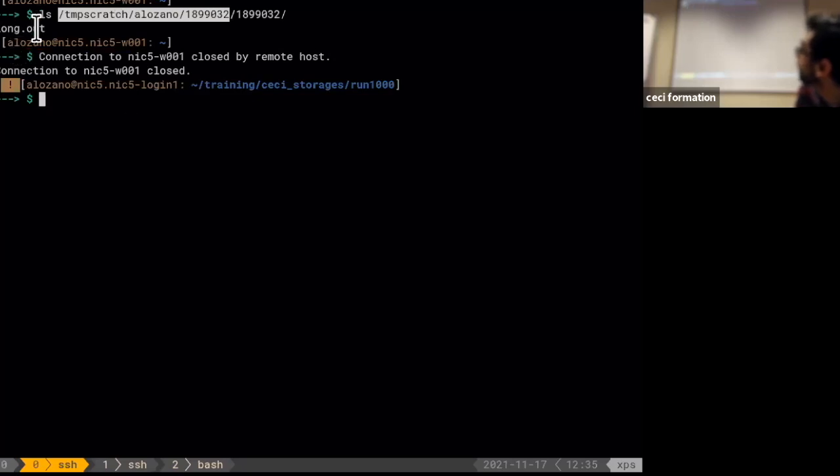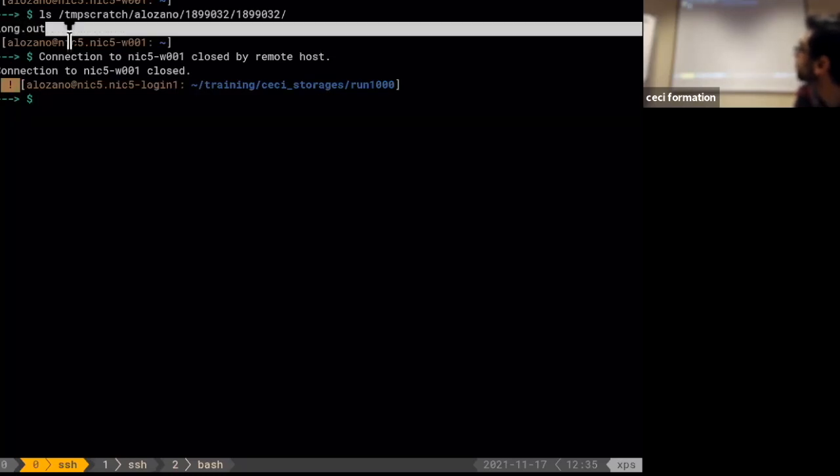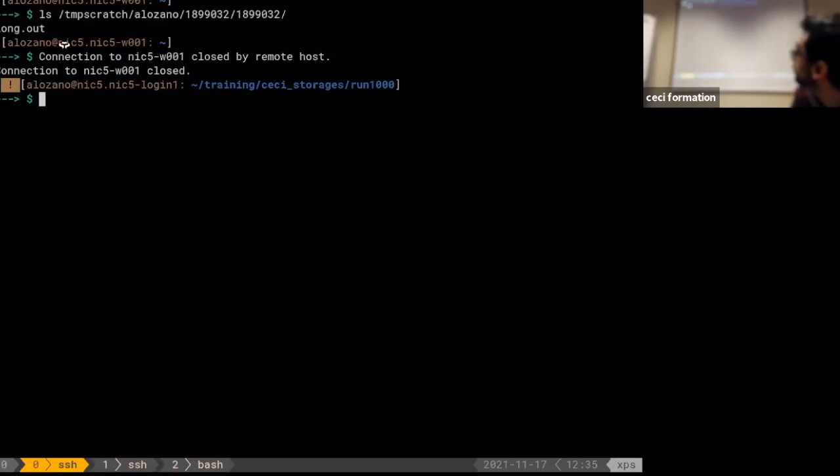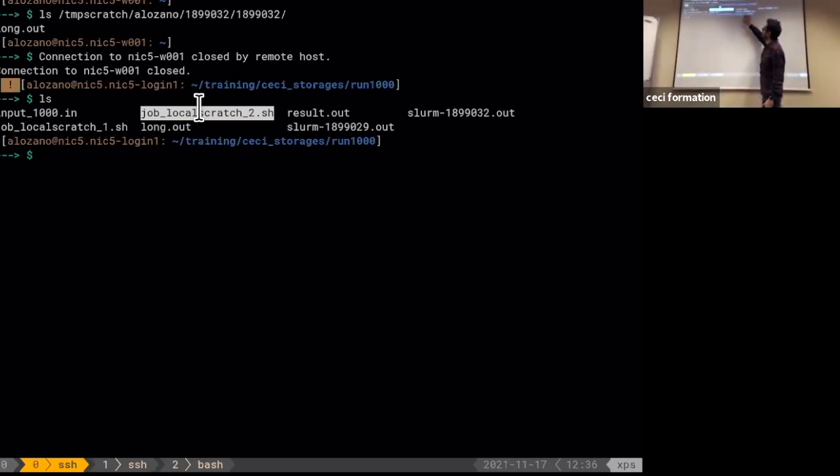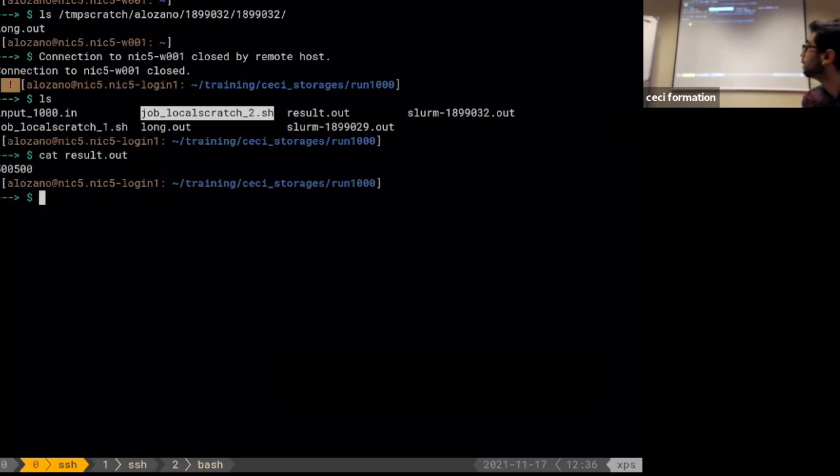But you see that my file was copied there, the long.out file. And then at the end, it was written there, the result.out. I told it at the end of the job, in local scratch, to do a cp of result.out to $SLURM_SUBMIT_DIR to get it back to the submission directory, the one where I ran sbatch. And here I have the result.out